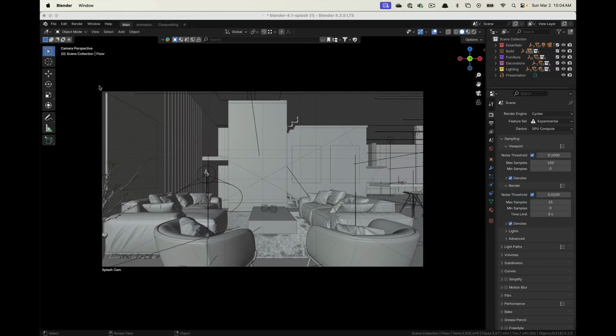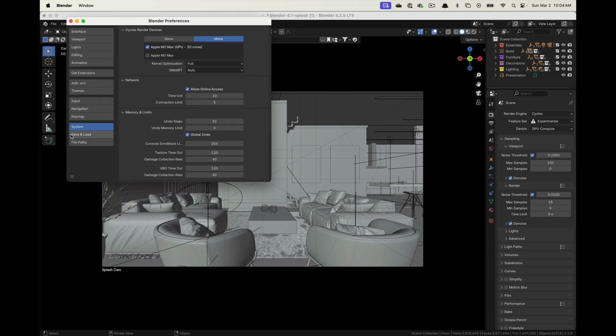Let's have a look at how we can determine whether we have a GPU to render with in Blender. So if we go up to Edit, Preferences, we can go down to System. I'm using a Mac, and it's a pretty well-spec'd, fairly new computer. So we can see here that it supports Metal, which is a